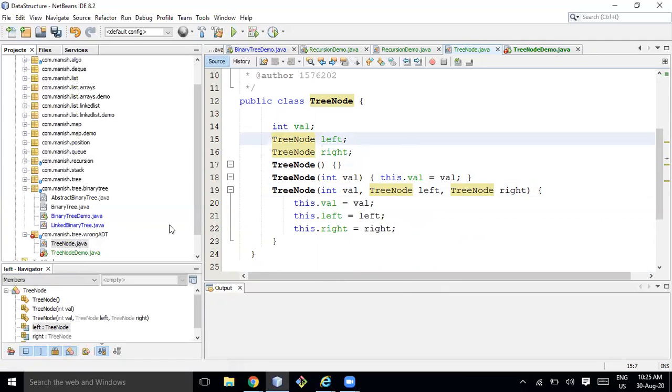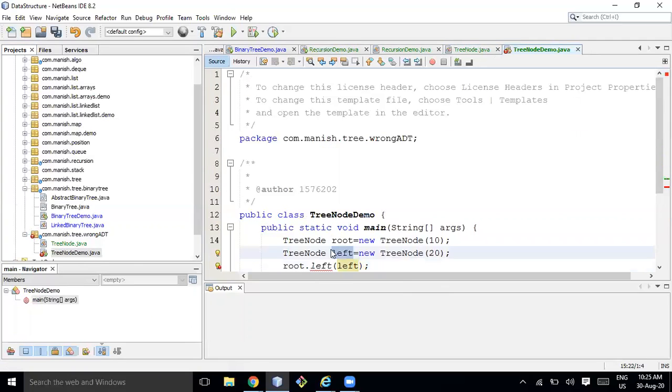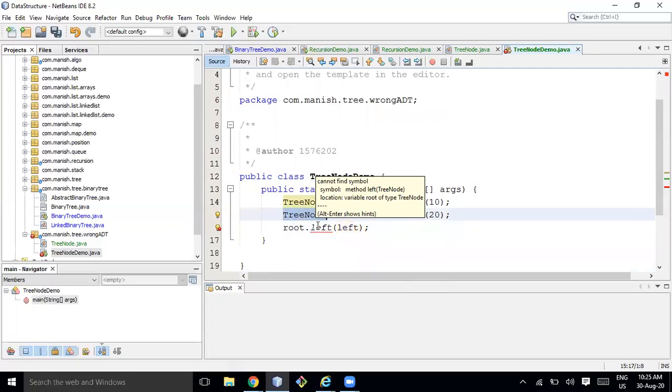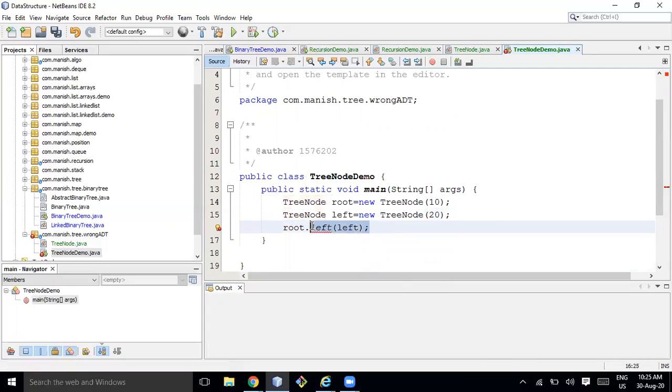This is in the same package, so you can create root.left is equal to, this is not a method, right? Similarly, you can create your right child, 30. This is the right child.